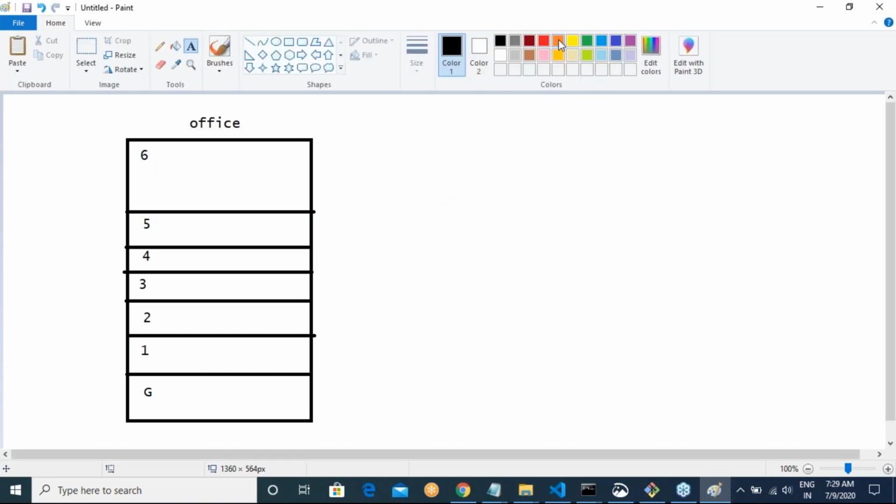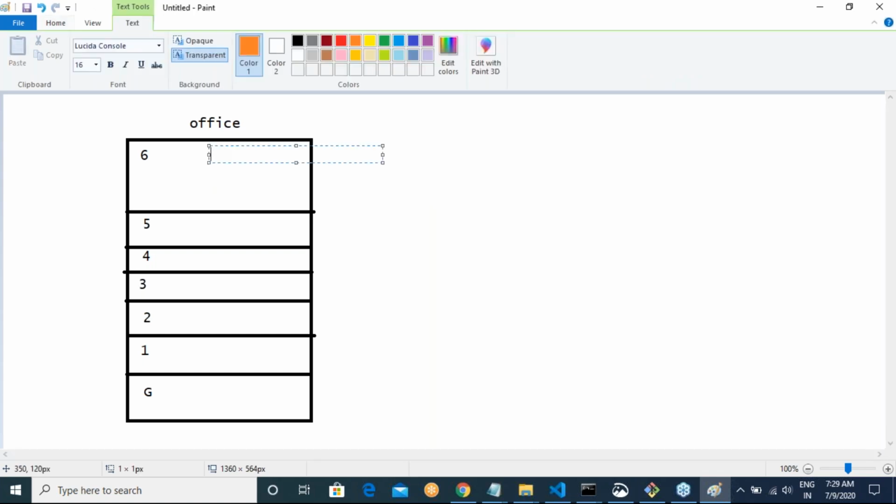Okay, so in the sixth floor, they need to connect to 5,000 devices. In all the other floors, it is 500 devices.